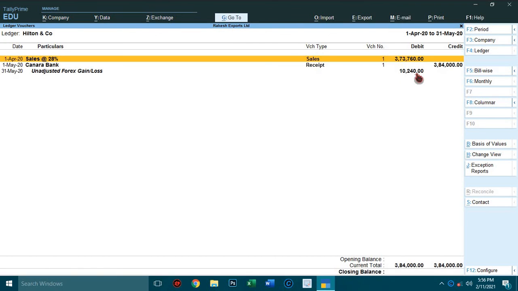See here, so 10,240. So 10,240 is gain from the Hilton and Company. We have to adjust it in journal voucher. Okay.